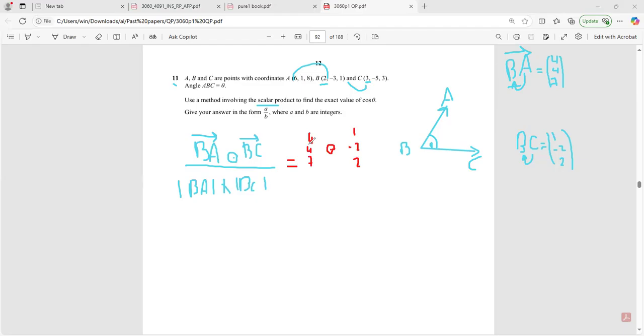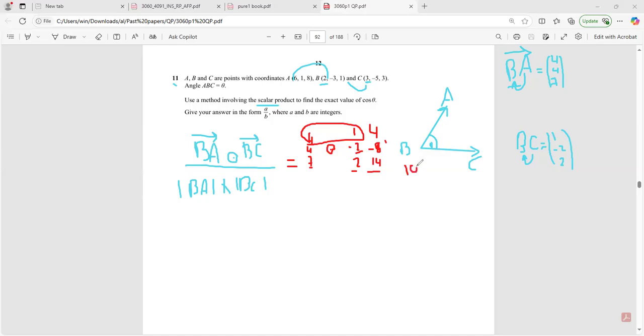The first multiplied by the first, it will be 4. The second multiplied by the second, minus 6. And 7 multiplied by 2 equals 14. Add this all, and here minus 8. So it will be 18 minus 8, which is